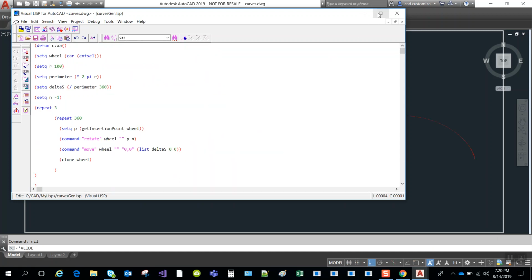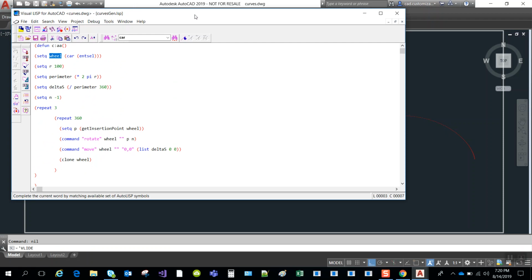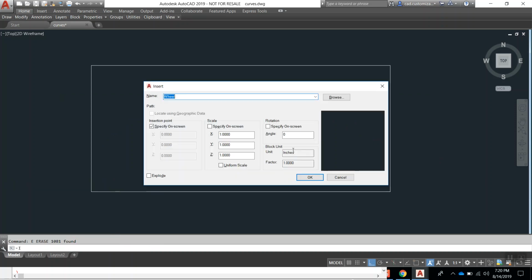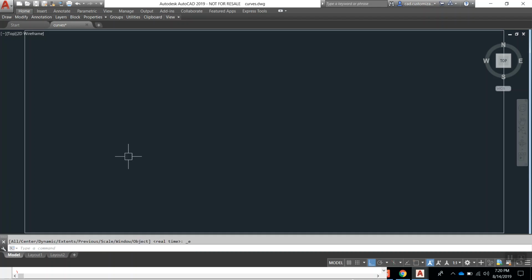I will not explain in much detail, but here I have a wheel. If you see, the wheel is actually hidden here. So let me delete all this and insert my wheel block, okay, and I am placing it at 0,0. When I place it, I get a block, but it's only a point. But actually if you see,